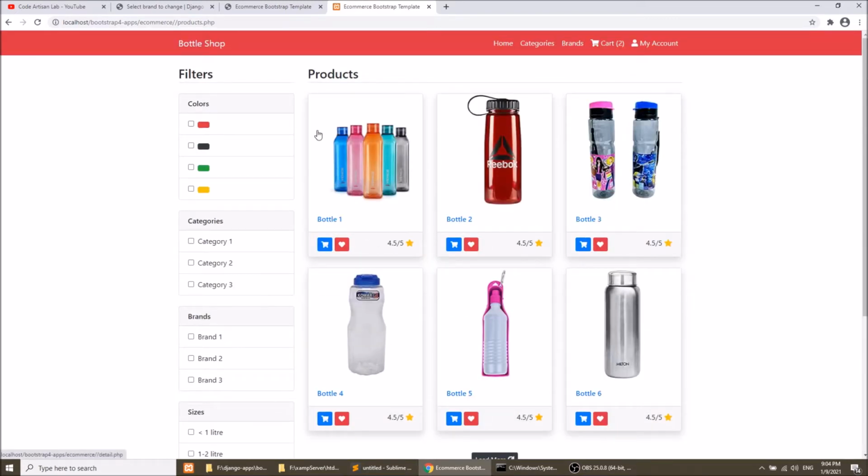In the product list page we have products and we have some filters. We are adding these filters as product attributes, so we will create this. We will not perform the functionality, but we are just creating the page and fetching the colors, category, brands, all the filters data. We will perform this functionality in our upcoming videos with jQuery Ajax. So let's start to do this.